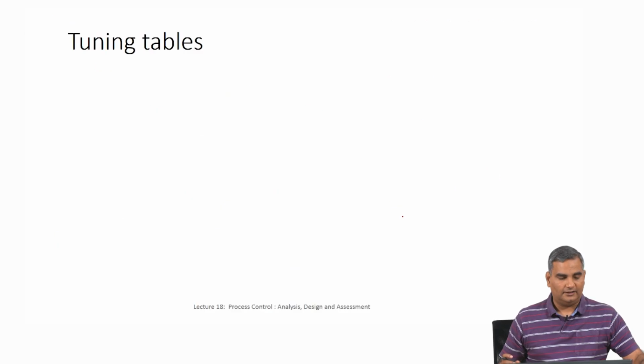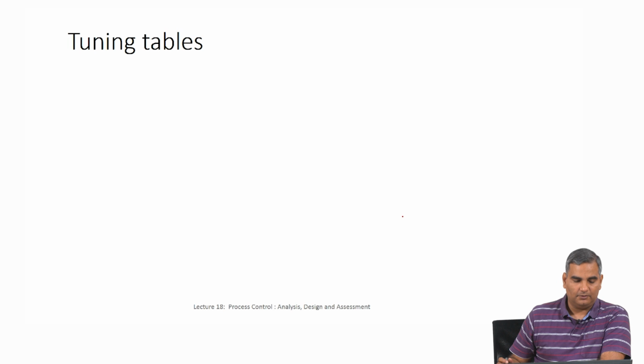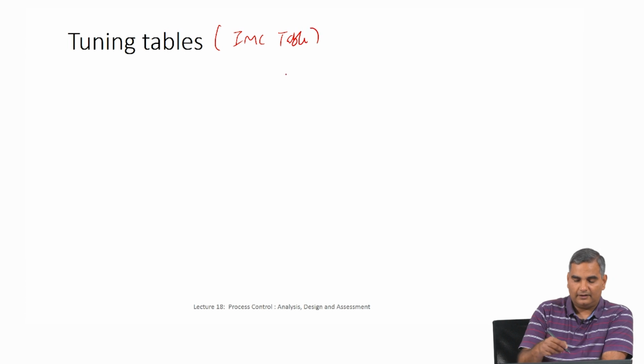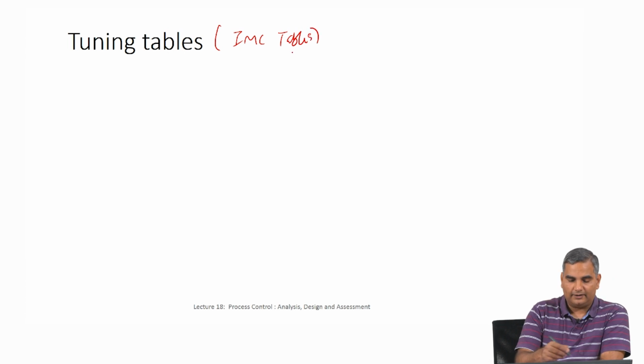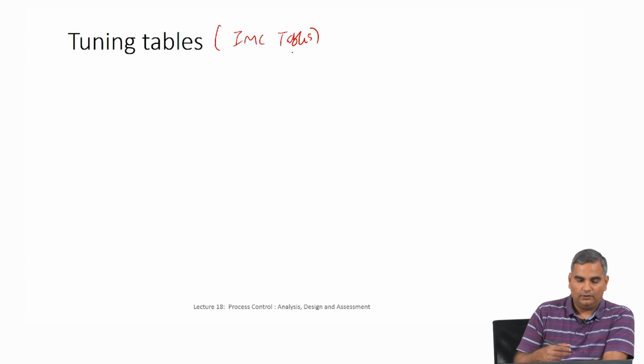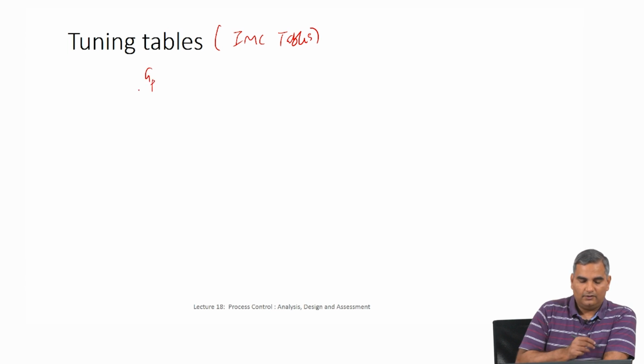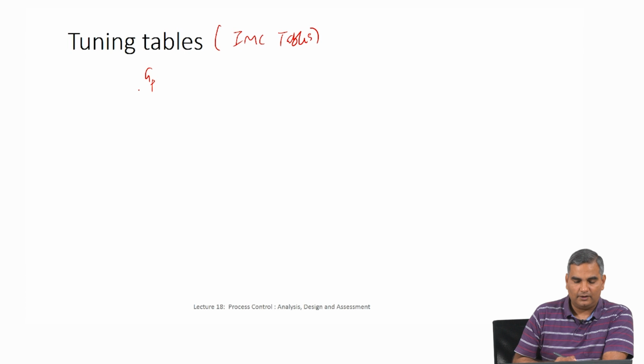As I said before, ultimately you will see tables for direct synthesis which will also be called IMC tables, which we will, the IMC idea I will talk about later, but I will tell you how the tables are generally going to look. So, if you are going to look based on this direct synthesis approach, there is one thing which is the process model. So, once you have a given process model,